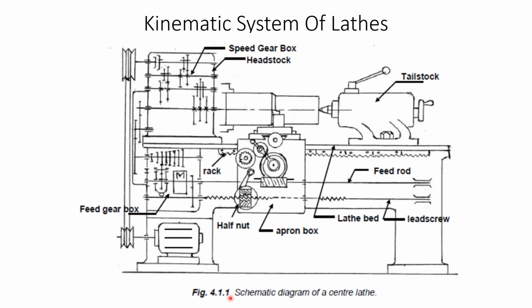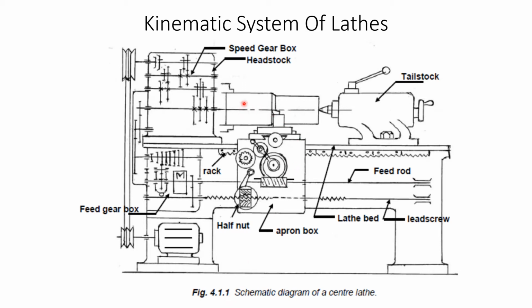For machining in machine tool, the job and the cutting tool need to be moved relative to each other. The tool work motions here are formative motions, under which cutting motions and feed motions can come. Then auxiliary motions may be there, under which indexing motion, relieving motion, etc. may be placed. In a typical lathe, cutting motion is attained by rotating the job.